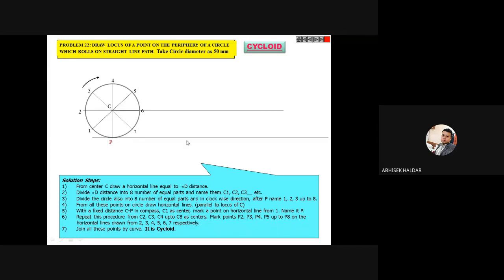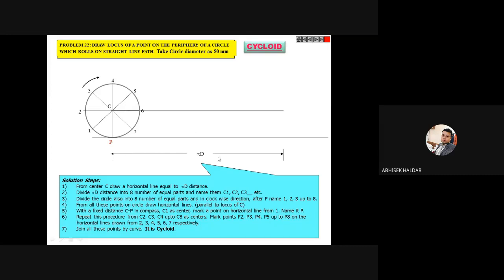Now you have to draw a parallel line with the help of roll and draw. You know how to draw parallel to this line: first you align the scale of the roll and draw with this horizontal line, then you press a bit and drag it up or down. If you drag it up, just reach this point, C, the center point, and draw this line. So these two lines will be parallel to each other using roll and draw. Don't use a scale directly, as the lines may not be exactly parallel. Use roll and draw.